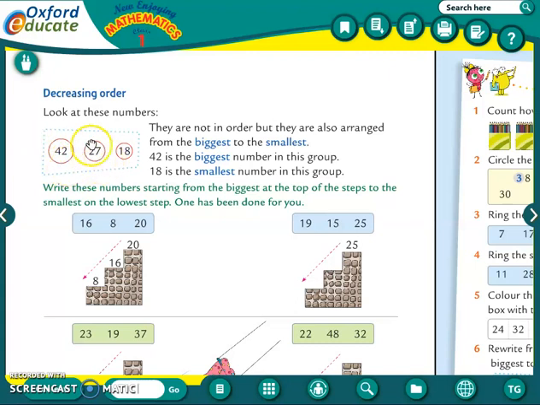Then the number smaller than that is 27, and then the smallest number is 18. So from 42 to 18, 42 is the biggest number, so that will come first, and 18 is the smallest number, so it will come at last. So what is decreasing order? Decreasing order means the biggest number will come first, and then we will go to the smallest number, from biggest